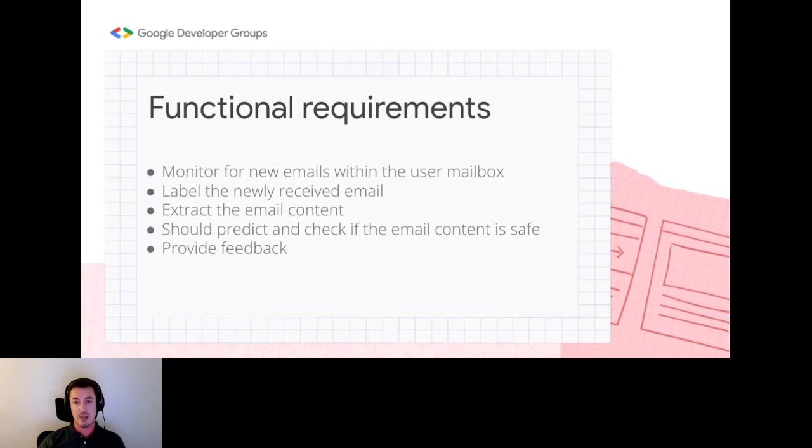If there is an attachment, we need to scan the attached document as well, and also predict if that email attachment content is safe or not by sending details to, in our case, a natural language model. We need to predict if the email content is safe, like we mentioned, and we also need to see the links and the whole details, whether it's safe or not, by using a custom natural language model.